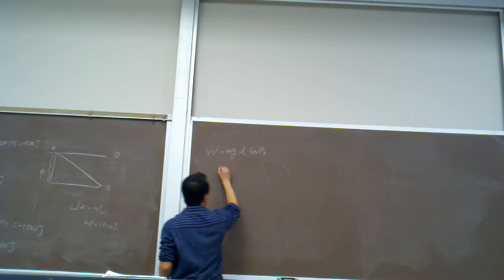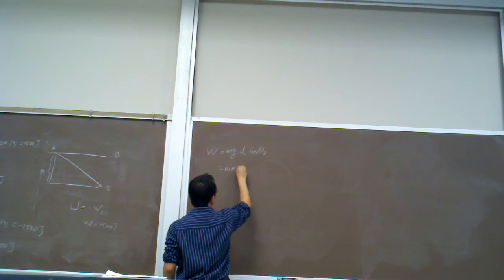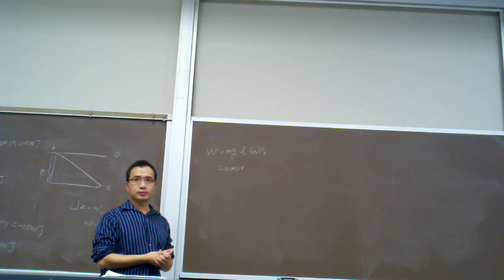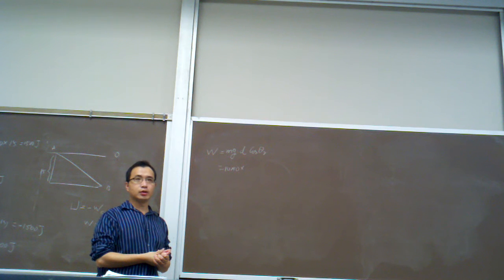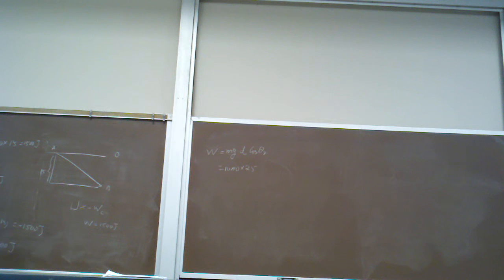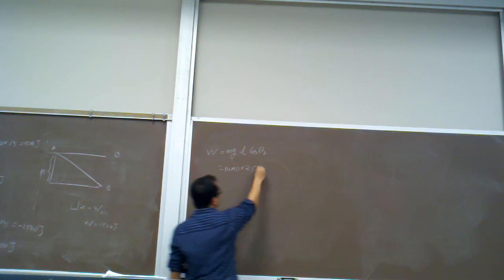Of course, here you get 10 multiplied by 10. What is the distance d? 25 or 15? 25. To calculate the work, you have to use the actual traveling distance, from the initial point to the final point. And then you need to put the angle here,